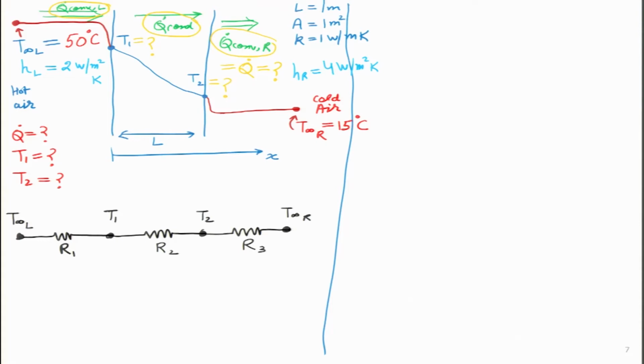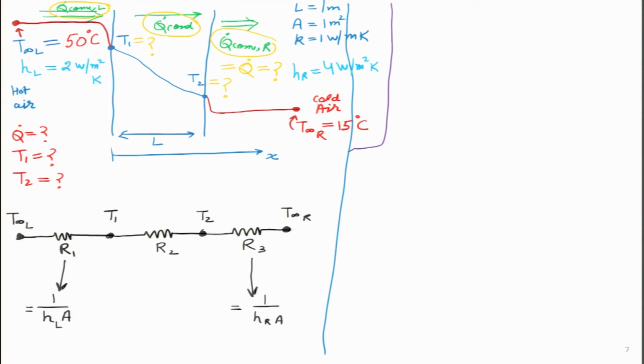Now, let us see the way these thermal resistances are defined. I am going to write it over here. The R1 value turns out to be 1 upon HA, and because the H on the left side we have taken as HL, R1 is equal to 1 upon HLA. This is how the convective resistance is defined, and the resistance of the convection on the right hand side will be similarly defined as 1 upon HRA. If I ask some of the audience members, can you guess how we came up with this resistance value, why not something else?